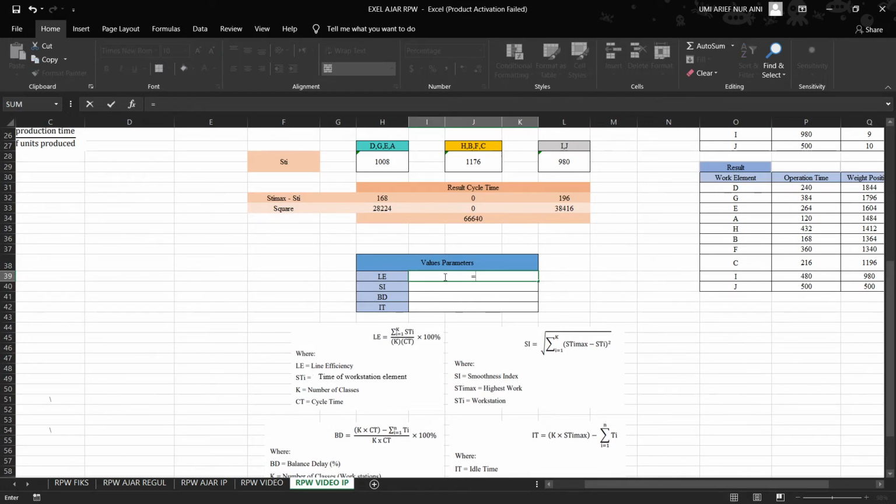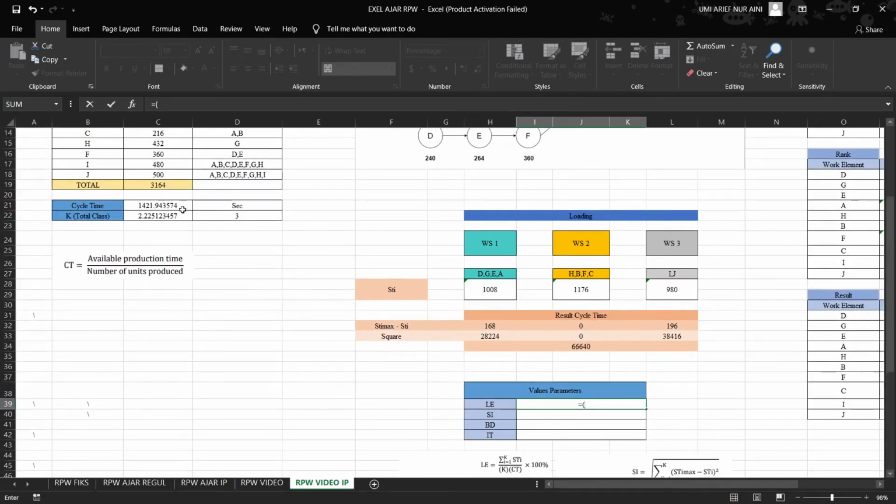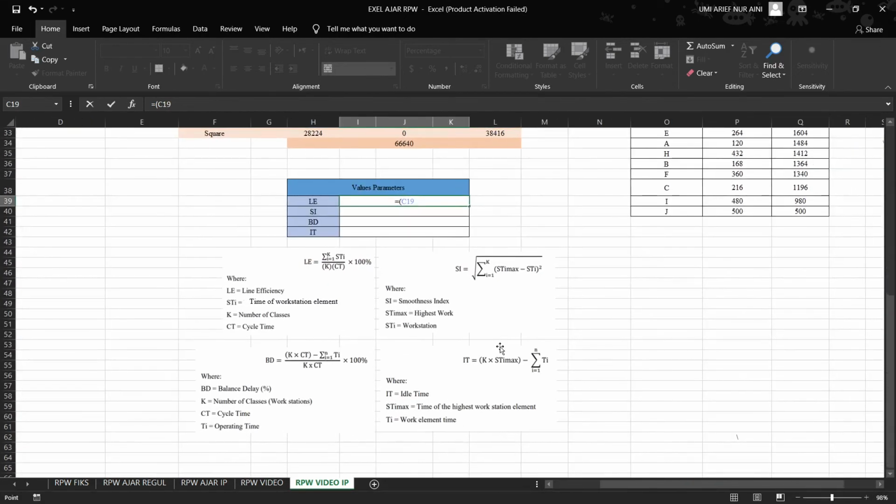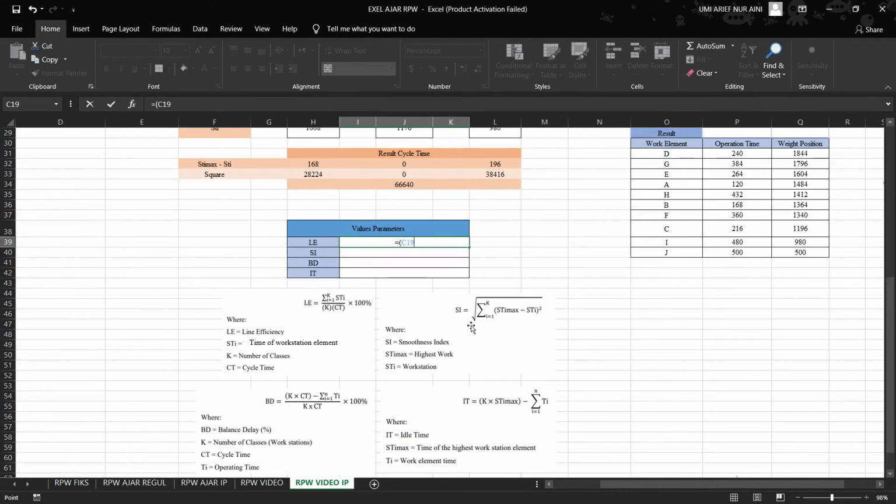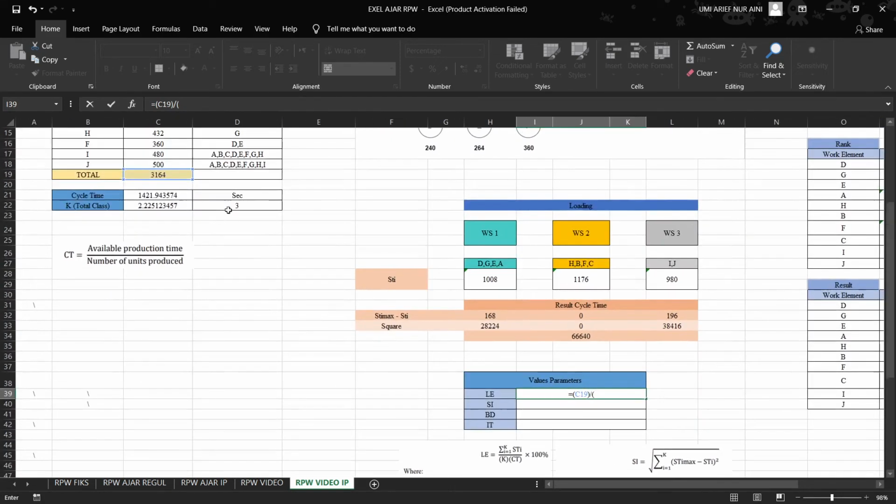Okay, the first parameter is LA, or line efficiency. The formula is the total of the work elements or the workstation time. The total of the workstation is 3194. You can click in here, close the bracket, and then divide it by K, or the total class. The total class is 3.